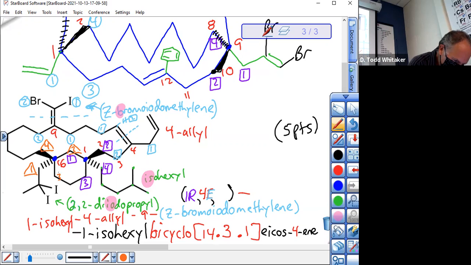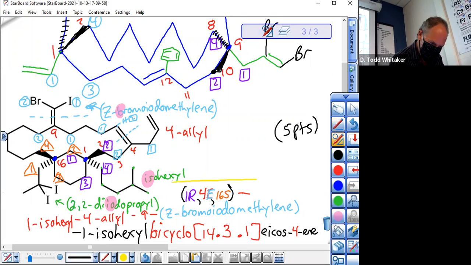And there 3 and 4. Oh, it's just as good as being on a dash. It's on a wedge. R is wrong. Therefore, stereocenter 16 is S. R is wrong, S is right. And as promised, we need a yellow box. I don't know if it'll let me do straight lines or anything. The name is in the